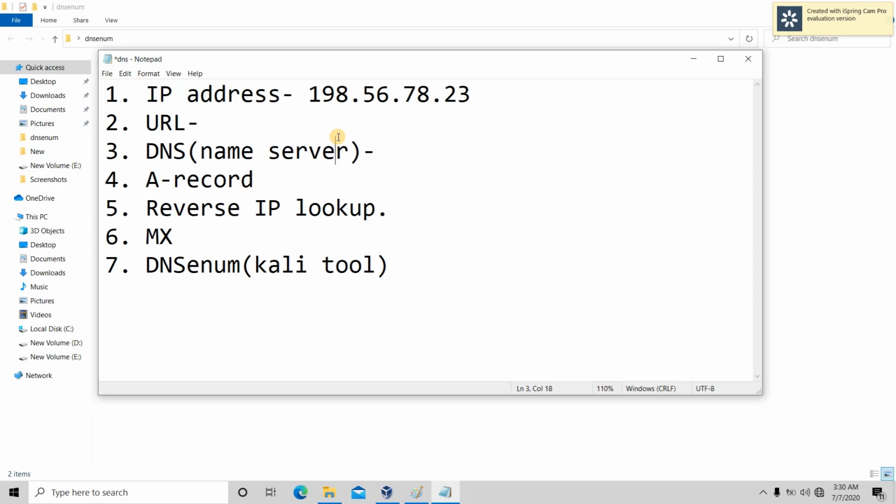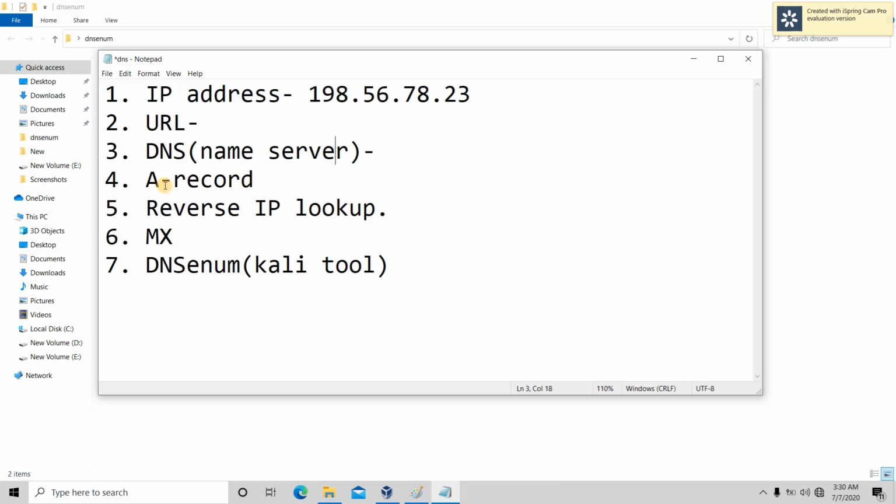So in this way the DNS works. The query is done at DNS. Whenever we type a URL in the browser, it does a query with the domain name system, that is the name server, gets its IP address from there, and then locates that IP address on the internet.